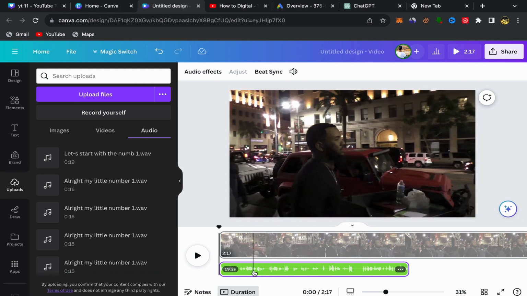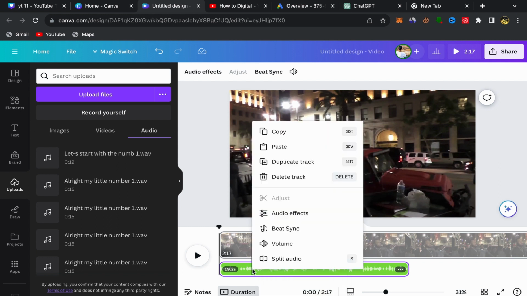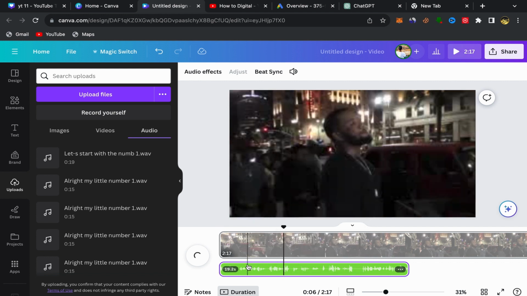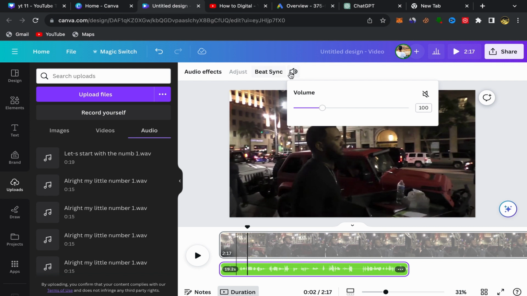You can also decrease or increase your music volume. Just double click on your music like this, click over here. So let me see. So just click on your music audio that you added and click on this icon over here, and you can increase or decrease the volume of your music. Okay, so that's how you can add your own music to your Canva video